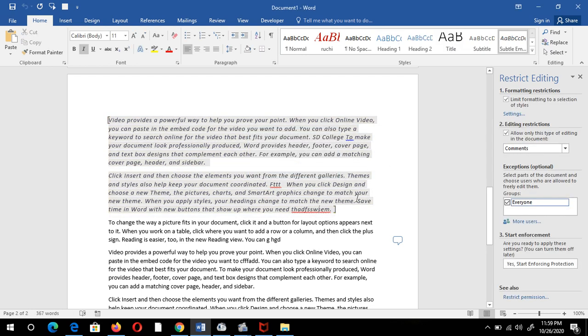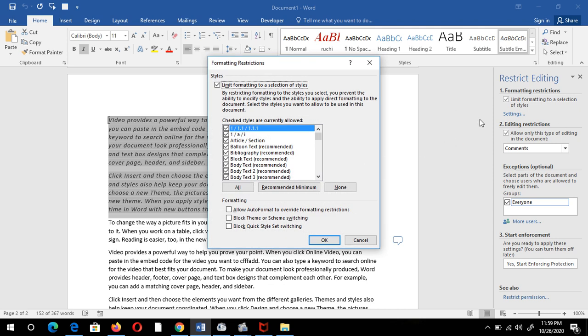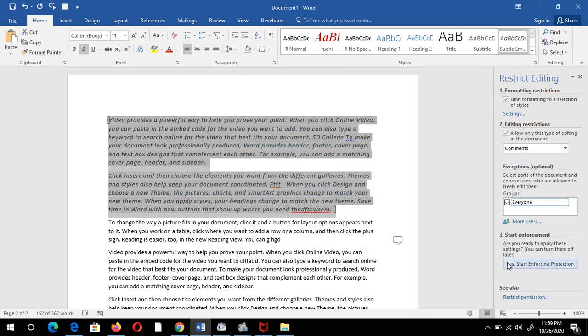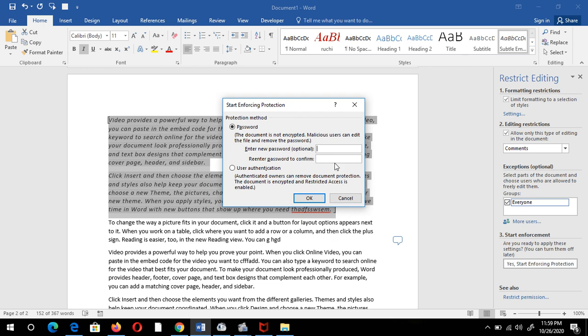Now again I want some formatting. I want to change all the formatting. I just select all and click OK. No, and click here again. Give the password 123, sorry, it's 12, and I have to type it again.